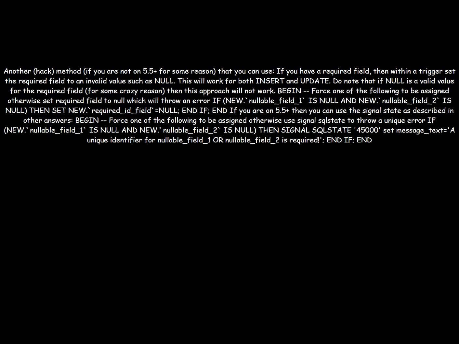IF new.nullable_field_1 IS NULL AND new.nullable_field_2 IS NULL THEN SIGNAL SQLSTATE '45000' SET MESSAGE_TEXT = 'A unique identifier for nullable_field_1 OR nullable_field_2 is required'; END IF; END